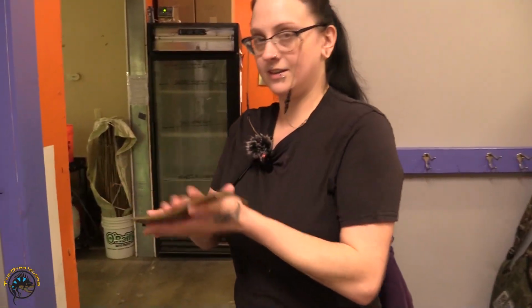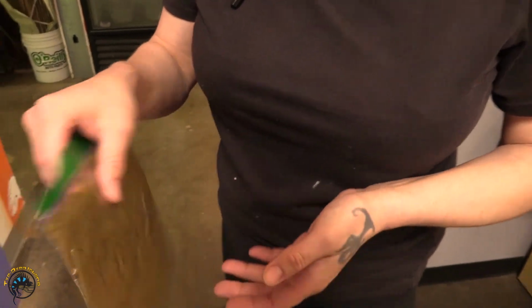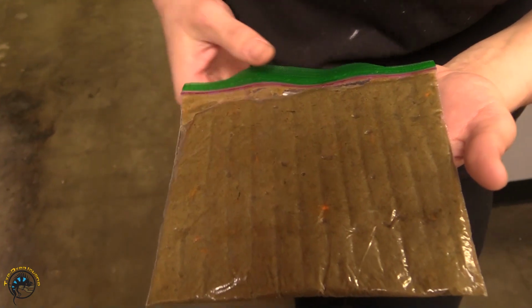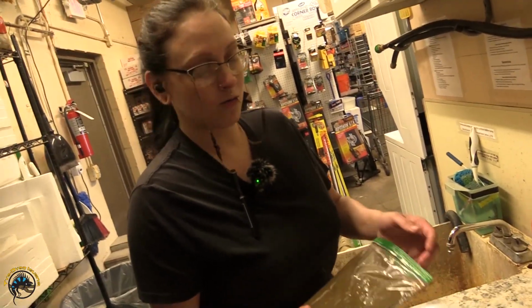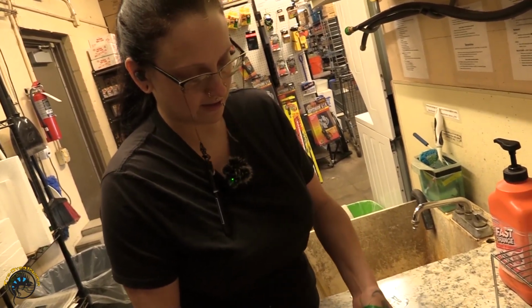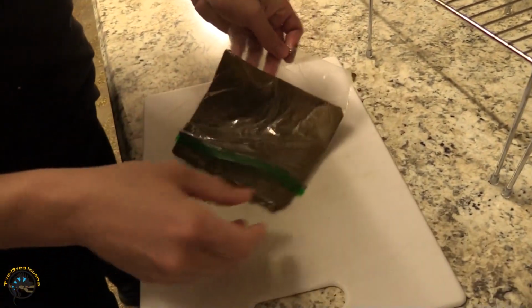All right, guys, it's the finished product. I don't know if you can tell, but it's quite stiff. You can see it's got lines in it from the fridge, but let's go check it out real quick. I don't really need it right now, but here in a little bit I will. I will show you that it is now one solid form. Just let it slide on out,